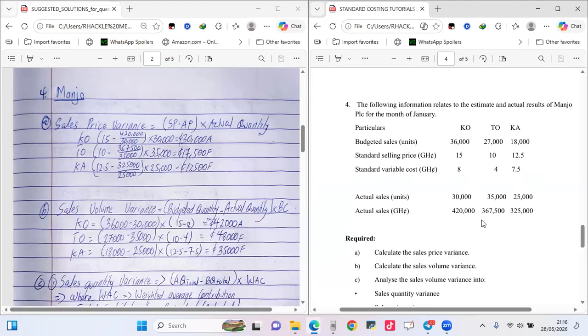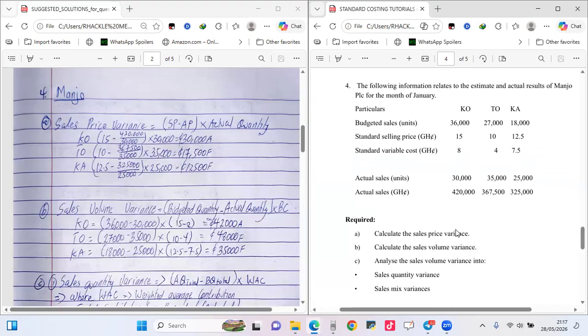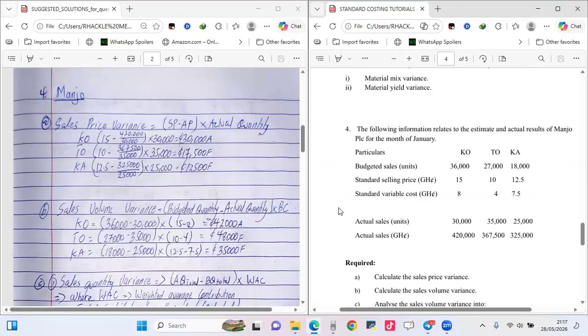The actual sales revenue they had is 420,000 for KO, 367,500 for TO, and then 325,000 for KA. Now they say we should compute this. So now I'm sure you will be able to do that. Now we all know that